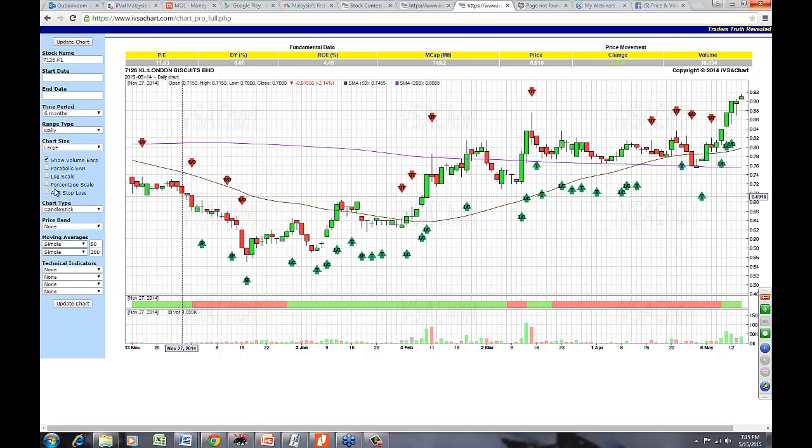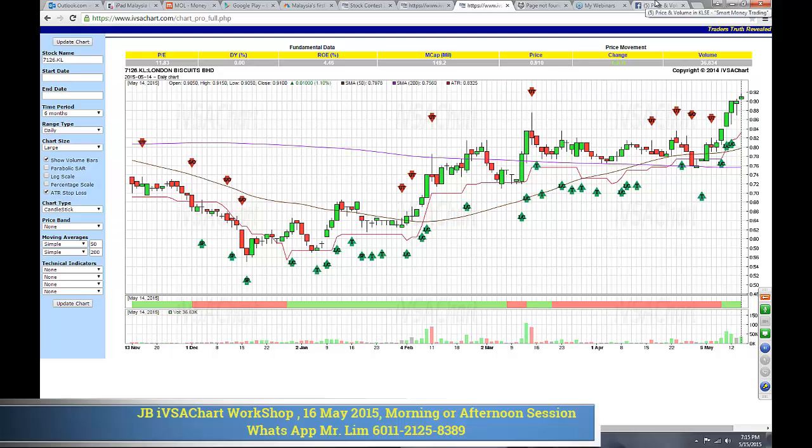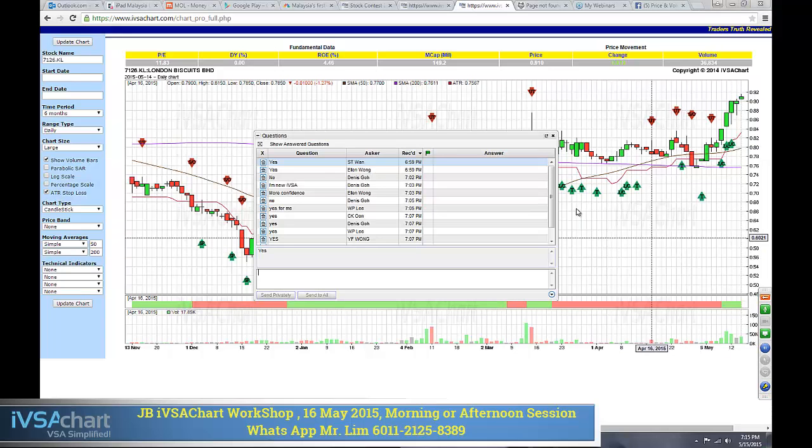Just ride the horse. Okay, and we have the ATR stop loss. It doesn't take a genius to make money. The problem is people are too anxious to get in and get out within 1 or 2 days. Do I say this makes sense to you? Okay. And we actually have a formula for that one.